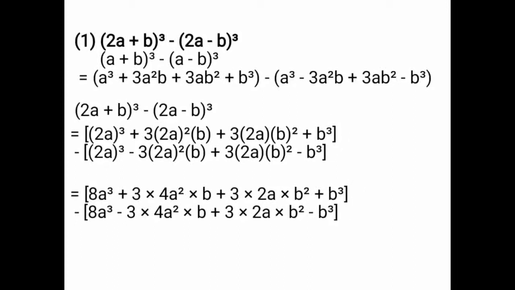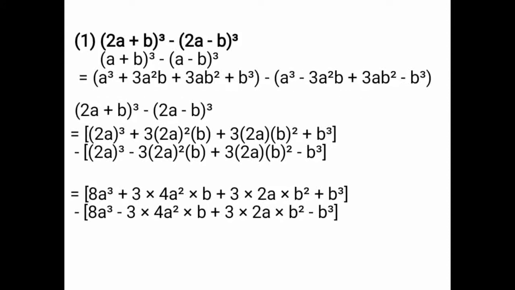When you are solving the expansion form of the combined formulas of (a + b)^3 and (a - b)^3, you will get the same answer because it has the same a side and b side in both the brackets, and the expansion formulas of (a + b)^3 and (a - b)^3 are the same. In the (a + b)^3 formula, all plus signs are coming. In the (a - b)^3 formula, the first one minus and the last one minus are coming. Only the middle plus is coming. Formulas are the same.